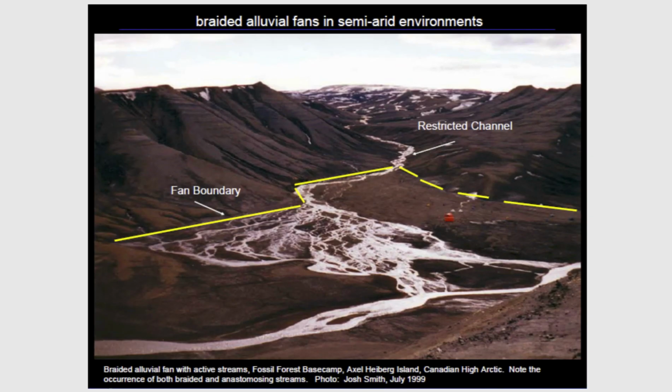An example that is even more complex is this one, in which we have, to sum it up, an alluvial fan, but on top of that alluvial fan we developed a secondary system of braided streams. So you have braided streams that are essentially eroding away the pre-existing fan. Many people think that these alluvial fans are produced with these braided systems, but in reality it's the other way